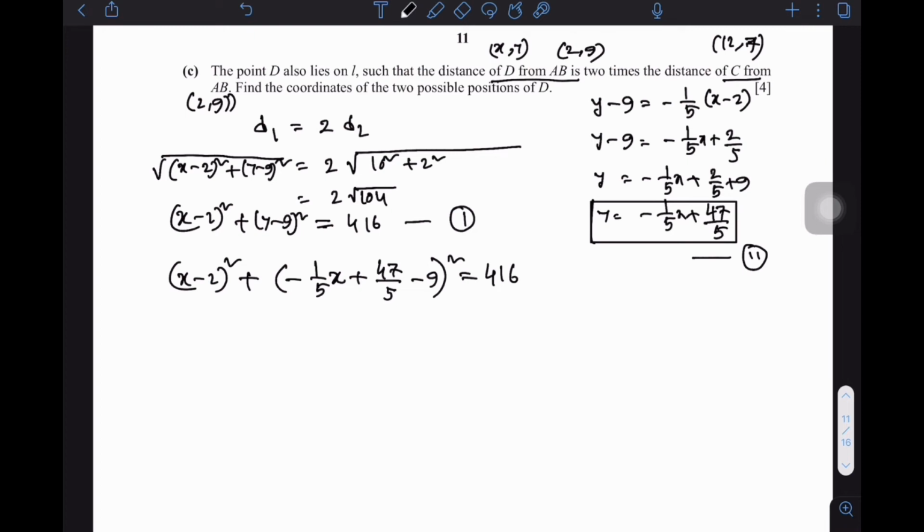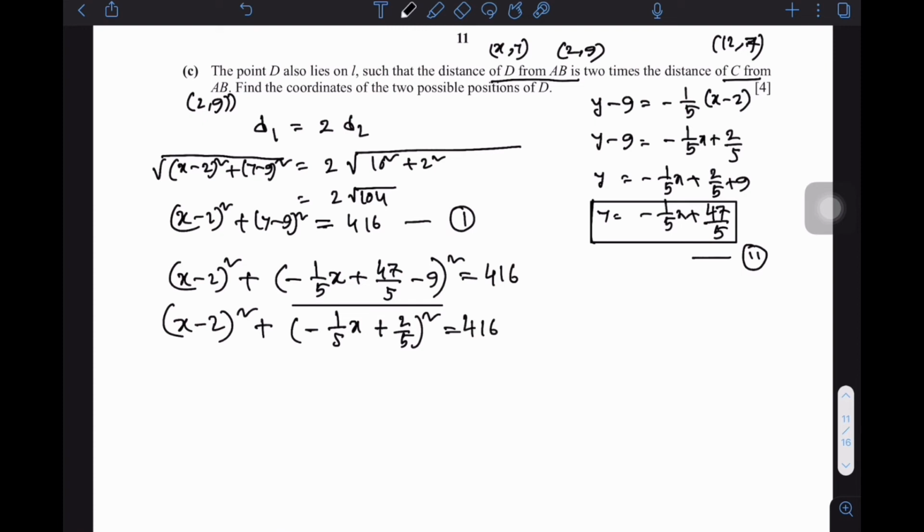Now if we simplify this part, (x minus 2) whole squared plus here it is minus 1 by 5 x, 5 nines are 45, so it should be plus 2 by 5, equals